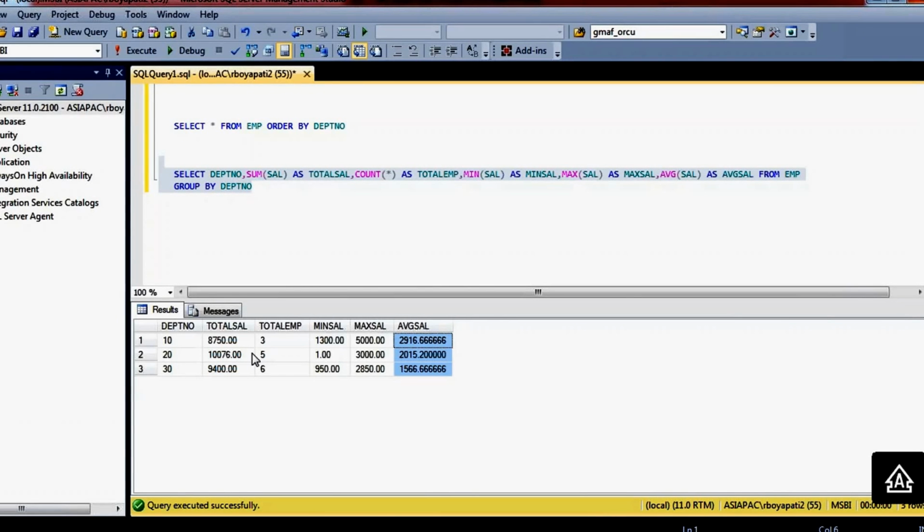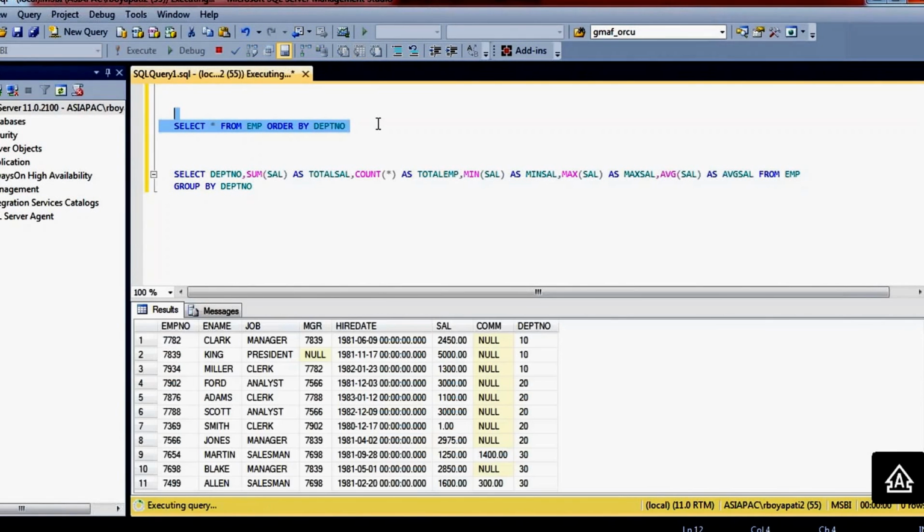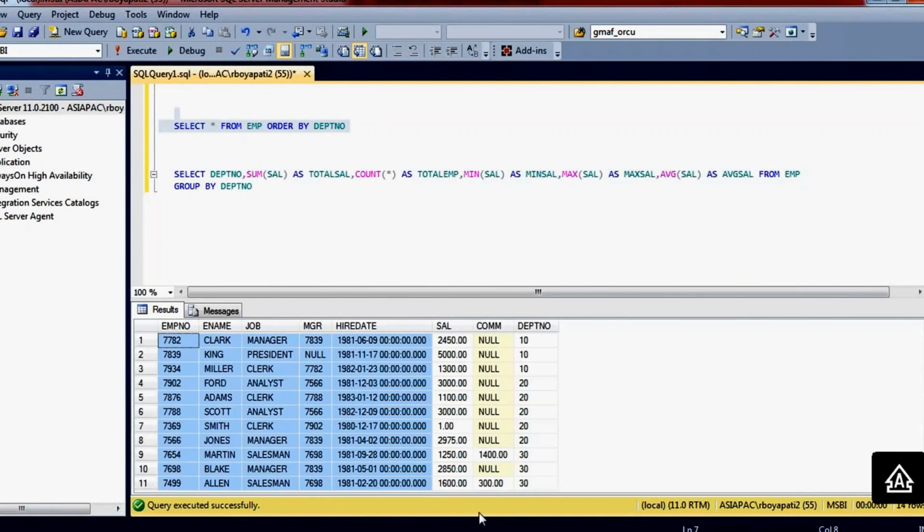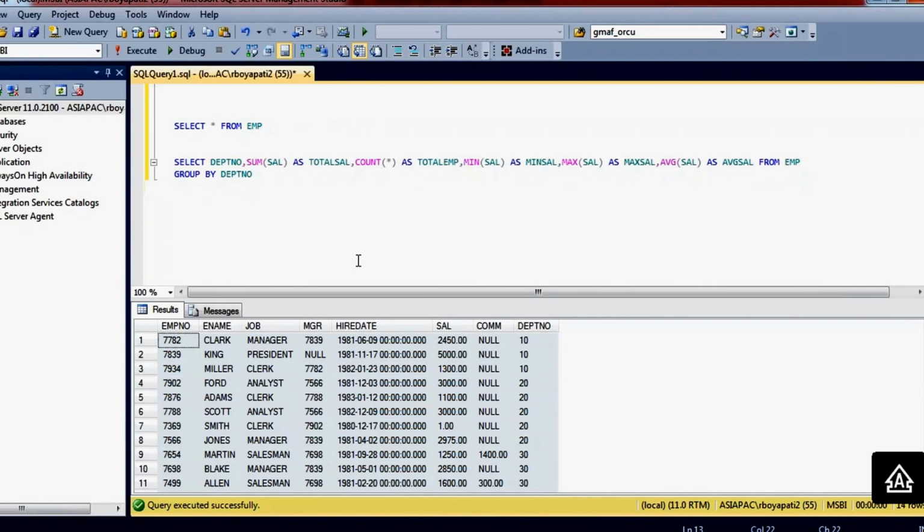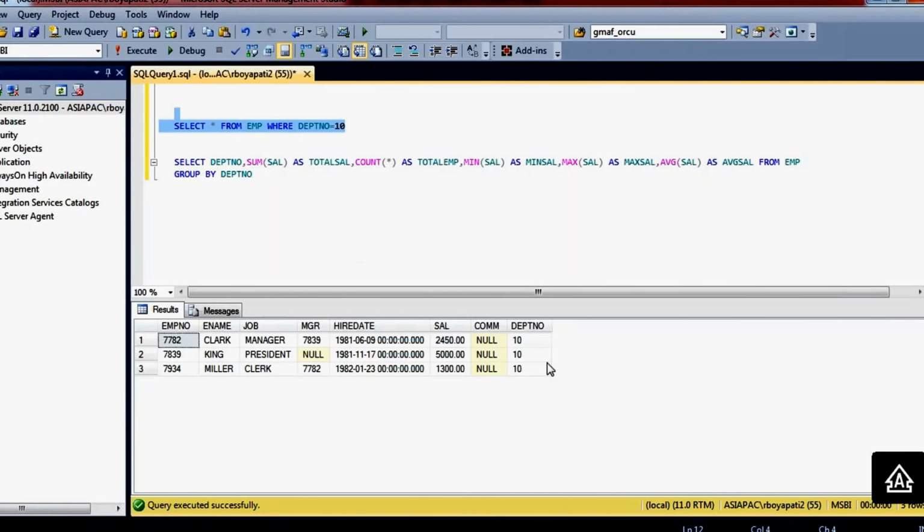Right, so now normally if you want to filter the data, how can you filter the data? This is the data I have in a table. If you want to write any where conditions or filter conditions, you have to use the where keyword. Where department number equal to 10 or 20 or whatever you can write. So it will give only department number 20 information.